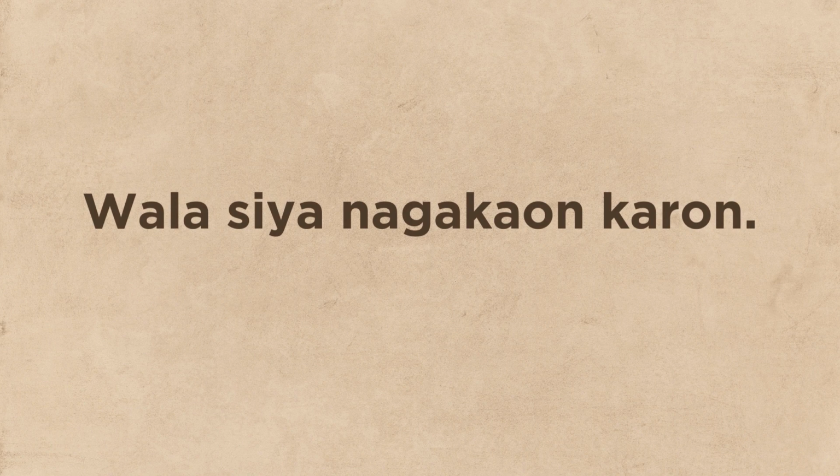Another example, wala siya nagakaon karon. He is not eating right now. The word wala is also often used to express the absence or lack of something, like there is not in English. We will tackle more about existential clauses in another video, but in the meantime, let's proceed to our last word for today,